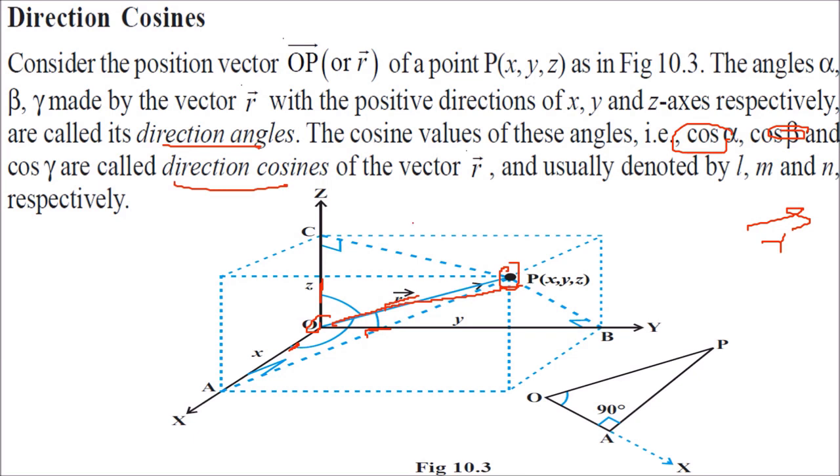This you have to understand very well, because in the next various discussions, we will be directly talking about the direction cosines of any point. So direction cosines are cos alpha, cos beta, cos gamma. We can simply write them as l, m or n. See here, when we make OP, and if you draw a perpendicular from P to A, this is a perpendicular. So see, there is a way we can represent it.